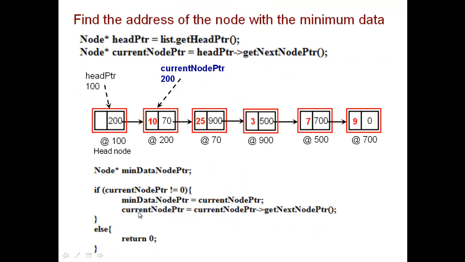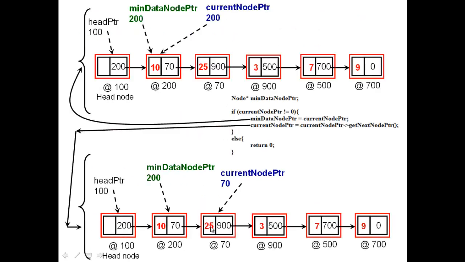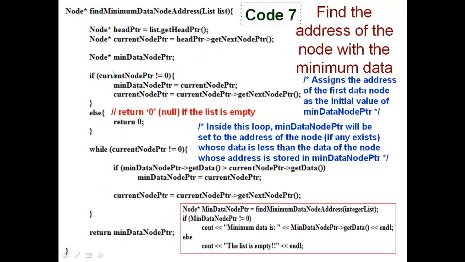That's what I do inside this if block itself. Once I assign the value of the current node pointer to the min data node pointer, I move the current node pointer further down to store the address of the next data node. You can get that using this get next node pointer function. Call that on the current node pointer. That will return the value 70, the address of the next data node. So that will be the new value of the current node pointer, 70, pointing to the next data node. So that's what you accomplish in this if block here. Okay. So when you come out of the if block,